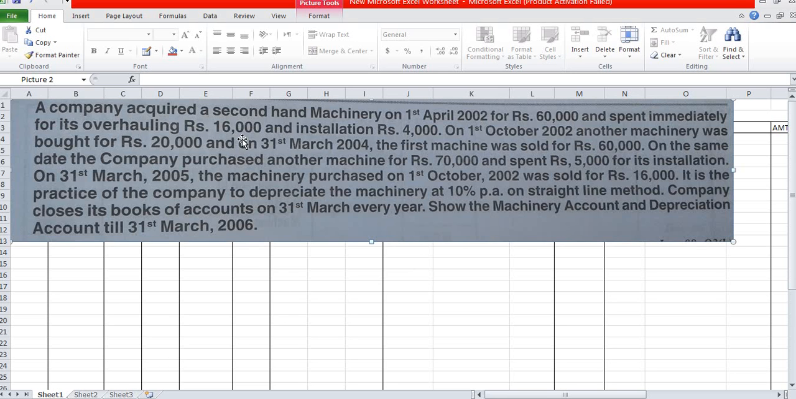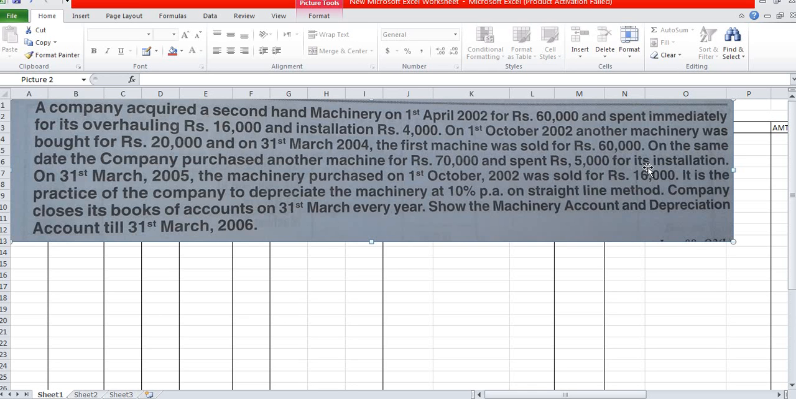for overhauling 16,000 and installation 4,000, means this 20,000 and 60,000 is 80,000. On 1st October 2002 another machine was bought in the same year 2002 and the machine purchase amount is 20,000, and on 31st March 2004 the first machine was sold for 60,000. On the same date the company purchased another machine, means third machine, for 70,000 and spent 5,000 for installation,